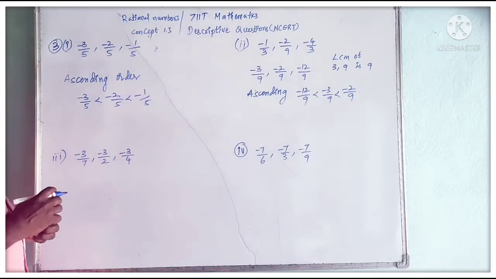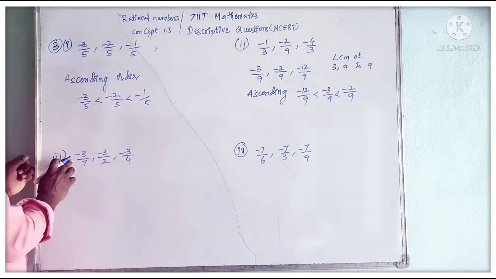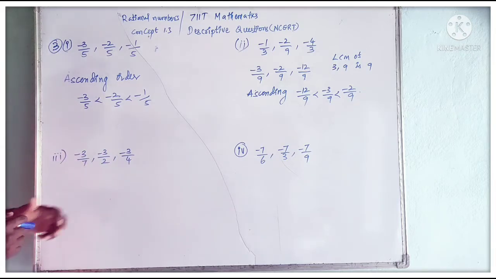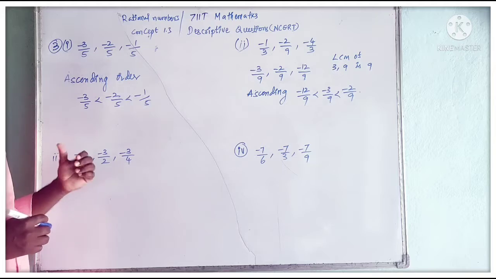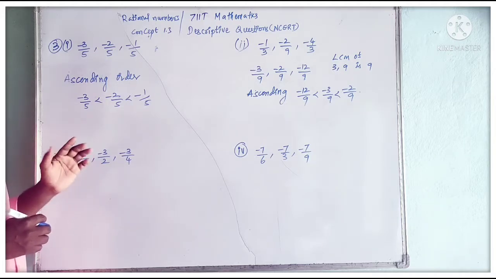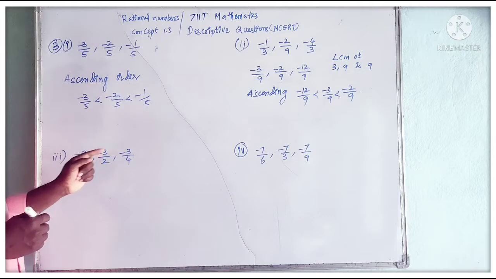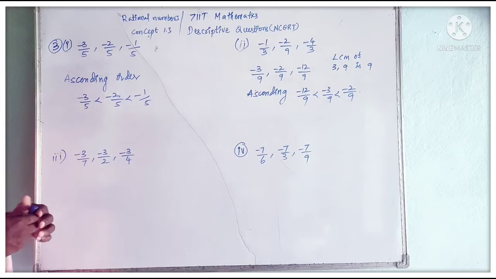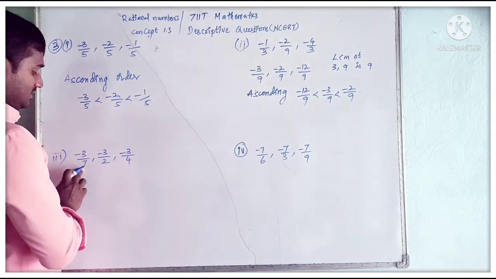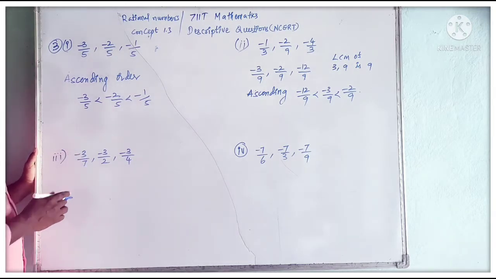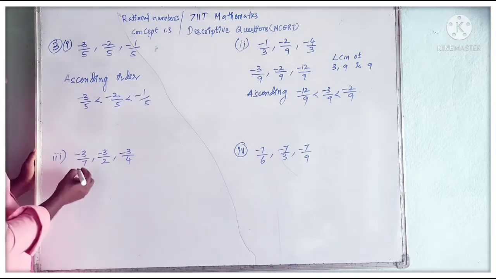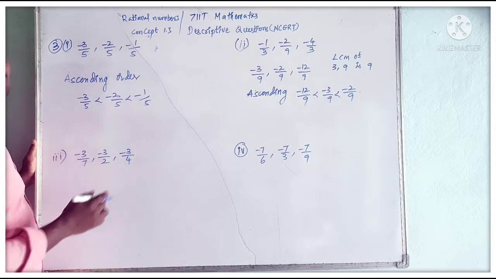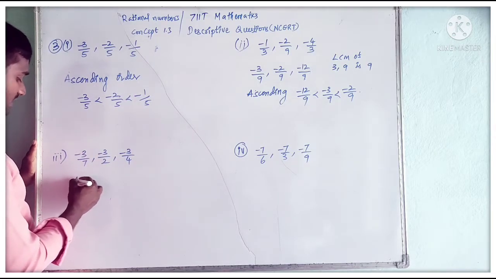Okay, now I am discussing the third question in that. Minus 3 by 7, minus 3 by 2, minus 3 by 4. All numerators are the same, and we are comparing negative rational numbers. So this is the second case. If all numerators are same, in the denominator whichever is greater becomes the greatest rational number. Here what is the greatest number? 7. So minus 3 by 7 is the greatest rational number. What is the smallest number? 2. Minus 3 by 2 is the smallest rational number. So ascending order we have,